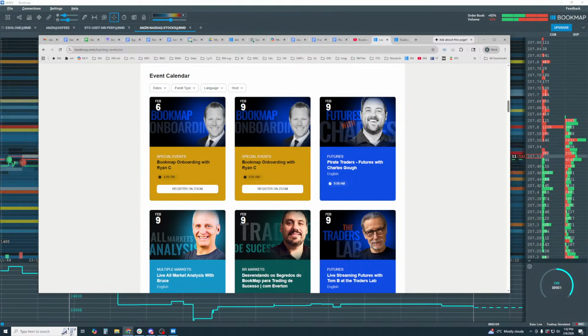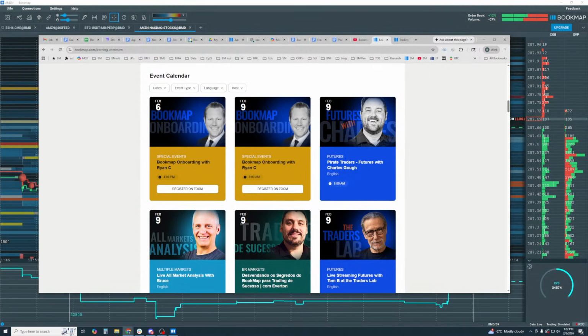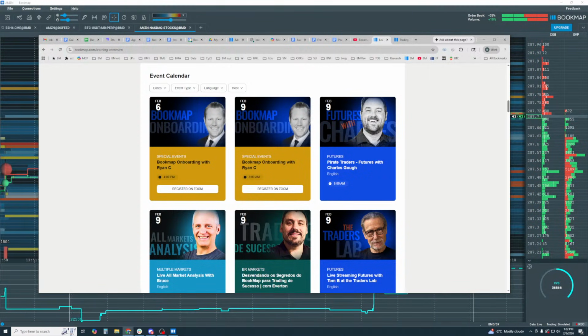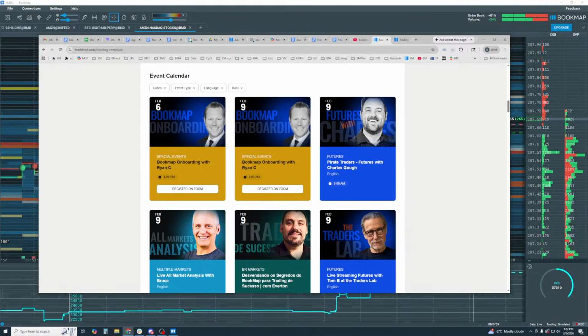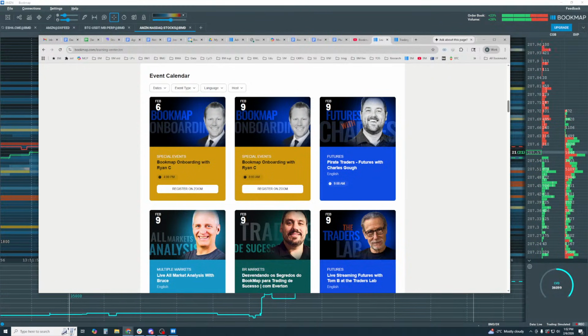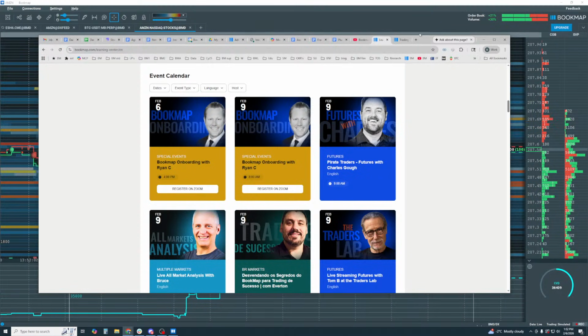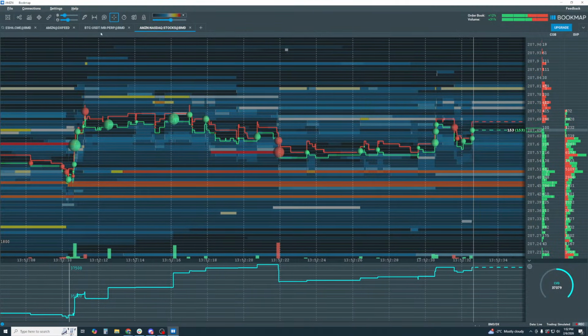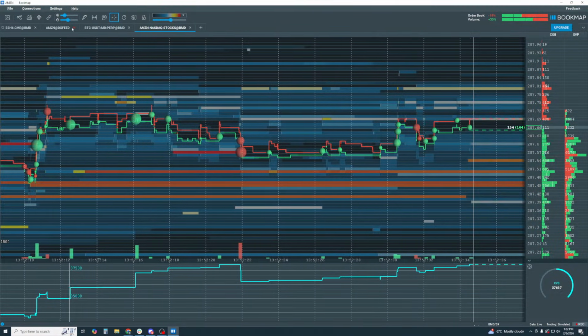How to connect your CQG. Okay, I don't have CQG, but in trading mode, this is for your broker. So you might need to call your broker first, but then basically you're just going to go through the same process we went through in here for Bookmap and DXFeed data.